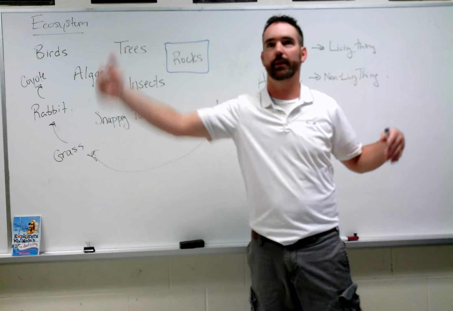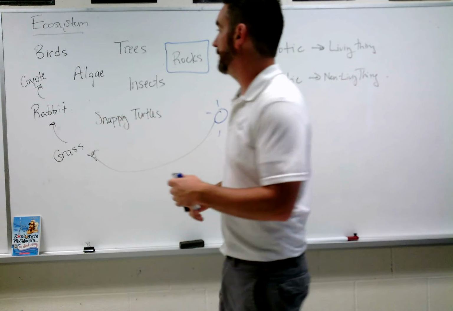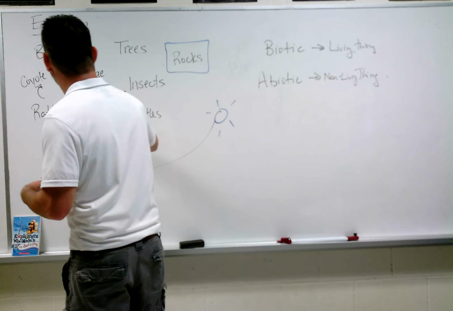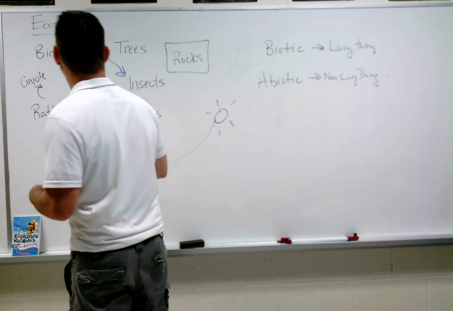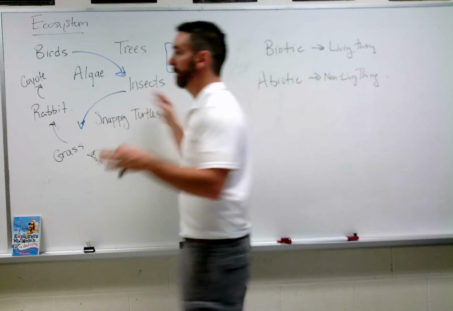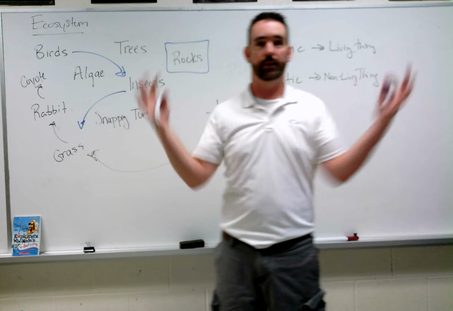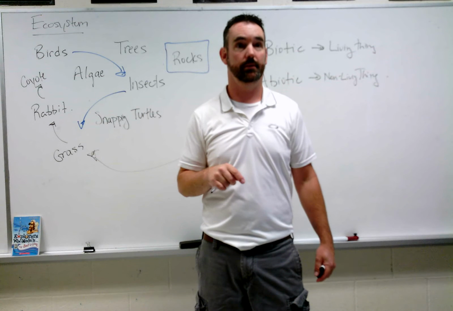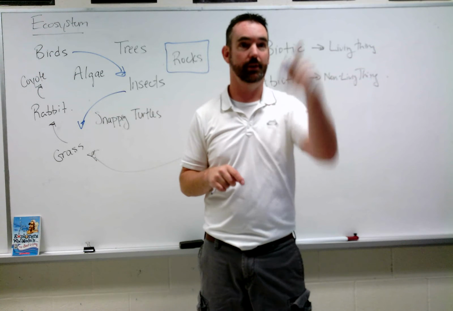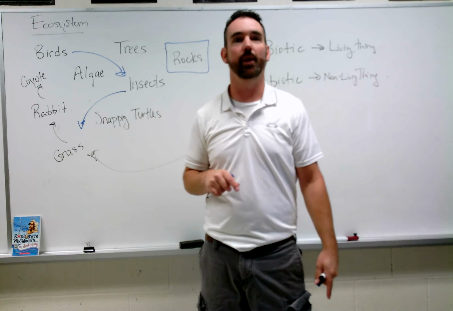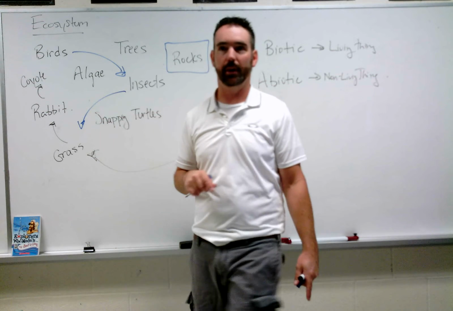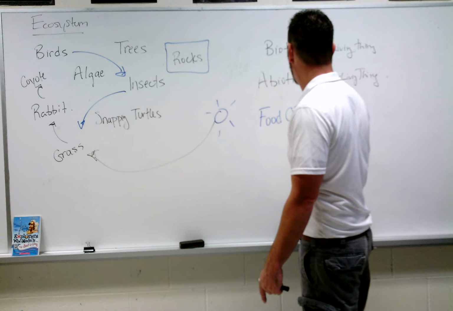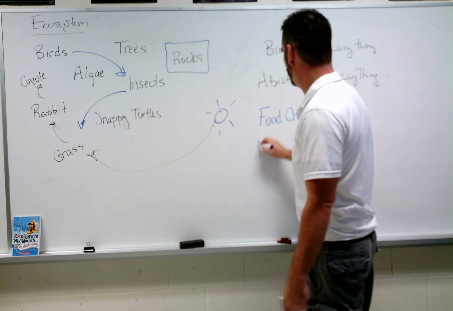Now, is it possible that there are insects feeding on the grass, and the birds are feeding on the insects, and all of these things are happening together? So instead of a chain, we start to have different relationships. What do we call that? What did you just say? A cycle. A cycle? No. A web. A web. So we call that a food web. So we have food chains, and they're more in a straight line, and we have a food web.